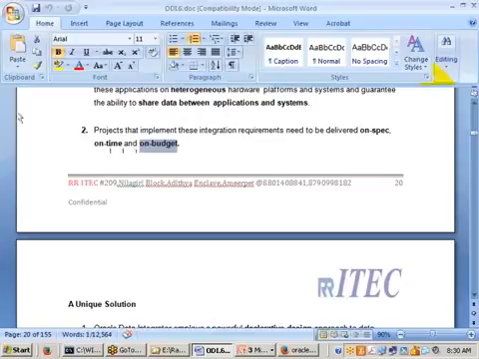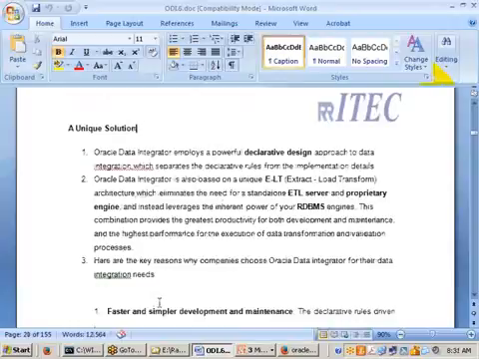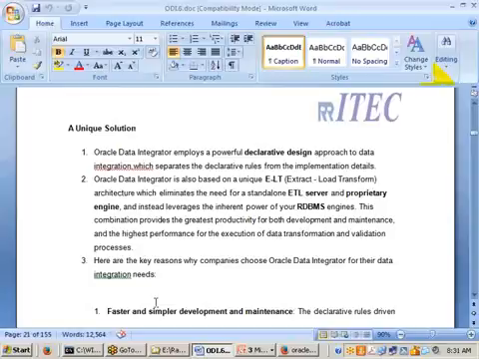That is the problem. So because of ODI, we are getting 3 benefits here. On spec we can deliver, on time we can deliver, on budget we can deliver. These are the 3 major benefits available. Next, a unique solution. In the market, this is what is unique. The unique nature is that this kind of ELT architecture is available nowhere else. In the market, this is the only one going this way, and all the remaining tools are going a different way. That's what we are calling a unique solution.